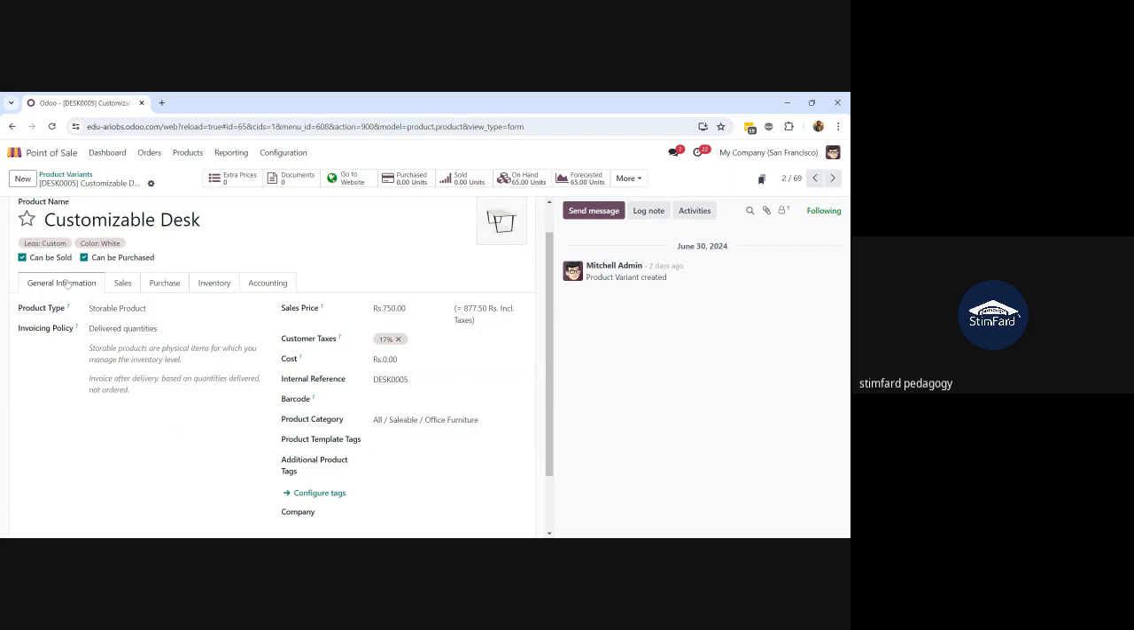and here under the general information tab, you can see the internal reference field and the barcode field. Internal reference means you can say it's an internal code. If you have any code for your product, you can mention it here in the internal reference, and the barcode is the actual barcode number. And if you are not using any standard barcodes, like international barcode numbers, you can also use the internal reference as a barcode for the time being. And then if you need to print the label of the barcode for scanning,